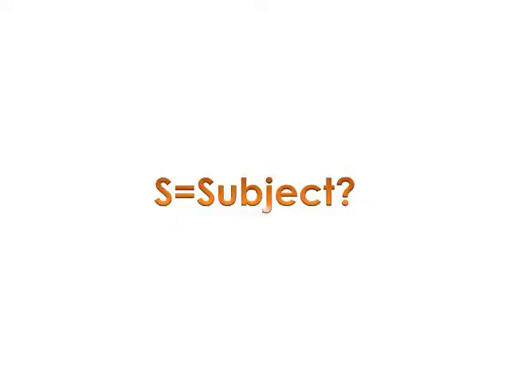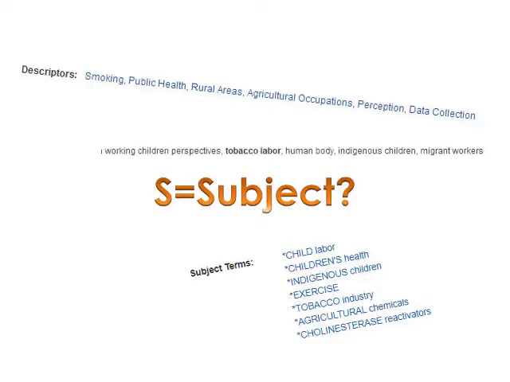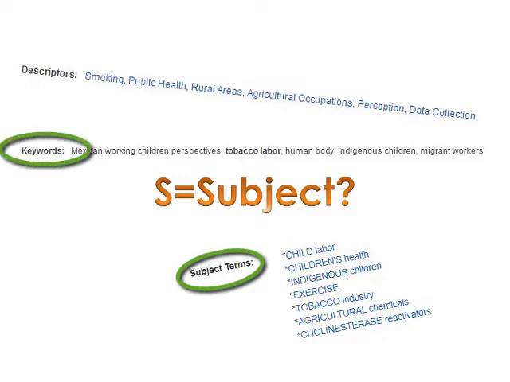Subjects. As you glance through the first set of results, pay particular attention to subject headings. These might be called subjects, subject headings, descriptors, DE, SH, terms, or keywords. When looking at records, pay attention to that field of information that feels like it's trying to control the vocabulary of your search.